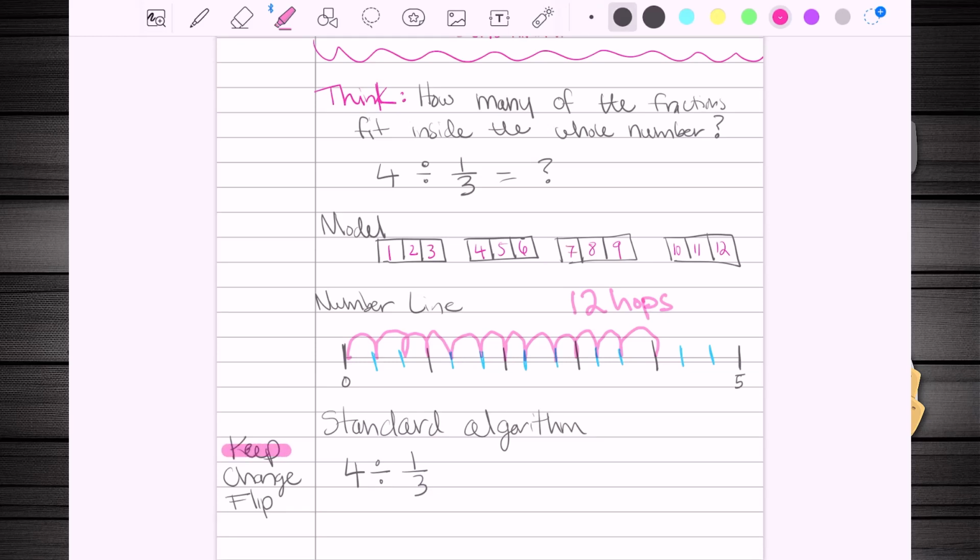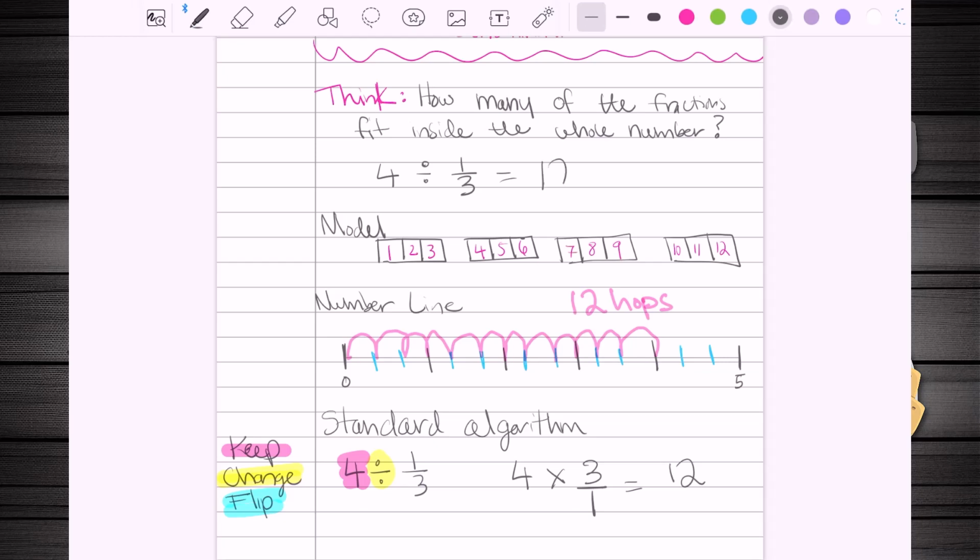We're going to keep our first number. We're going to change the division symbol, and then we're going to flip our fraction. Keep, change, flip. So if you noticed when we used our model, we counted how many times 1/3 would fit inside. Now, we've kept the 4, we've changed division into multiplication, and we've flipped our fraction over, and then multiplied using